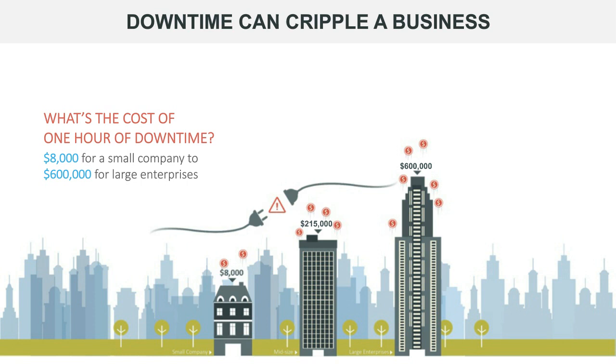So everything's relative, and without knowing your cost of downtime, which is a combination of your hard expenses, so your operational costs, which includes everything, money going out of your business to keep it running, that's rent, salaries, hourly wages, all this stuff. And then you have your opportunity costs, which is, how much money are you making, and how is that impacted by downtime? These can be very difficult things to calculate, but they're done quite often. Every insurance company does this for you. So you already have that information somewhere, I'm sure, if you have business insurance.